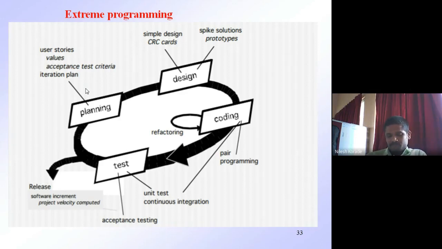So in the planning phase, your customer and development people work together to decide how to group the stories, the delivery date, and project matters. We can see in the diagram that a planning phase is there, and in the planning phase we are getting requirements. Here the planning phase encompasses communication and planning, both phases. Here generally the communication phase is absent.